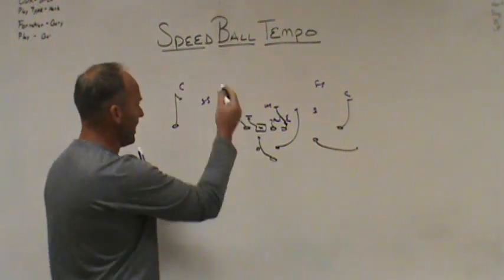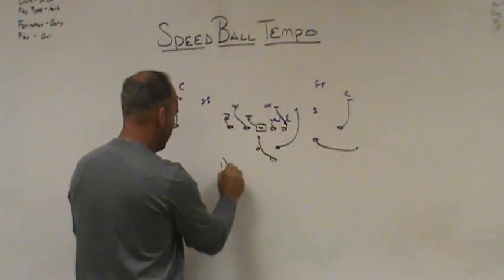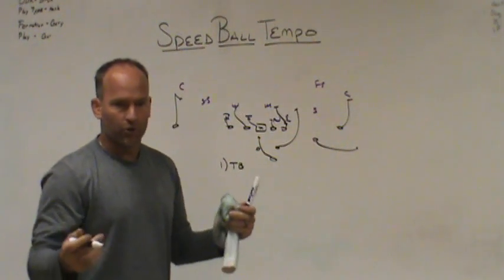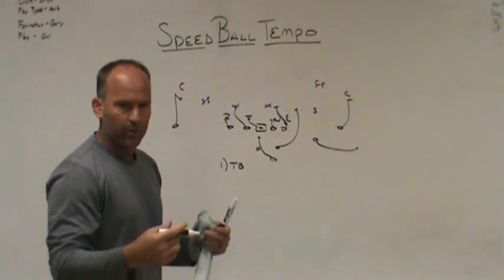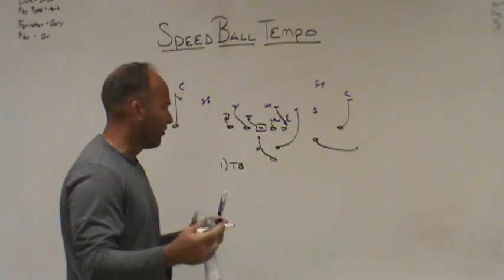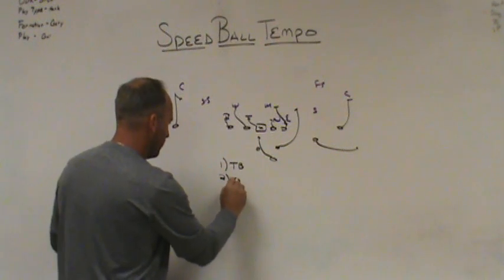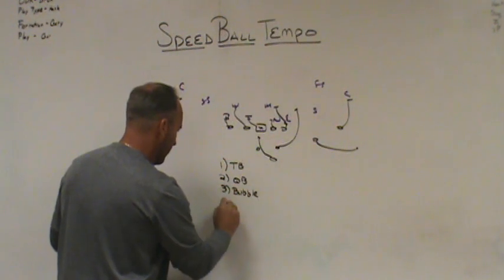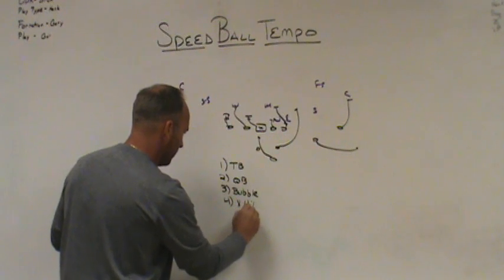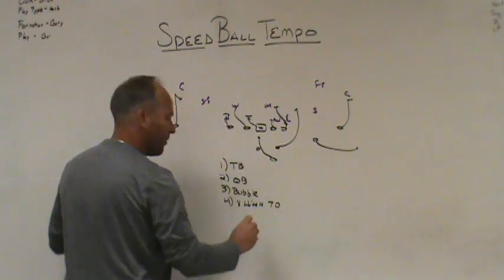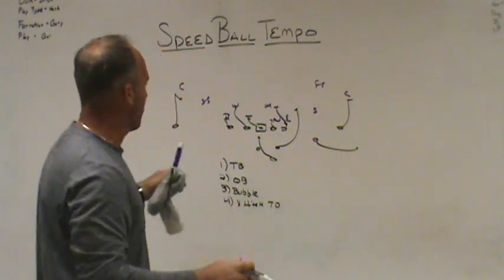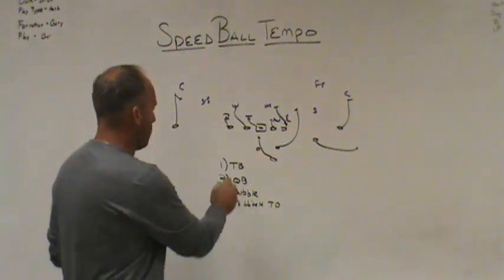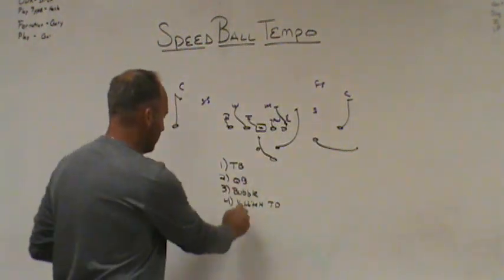They came out, and the first time they ran the play, maybe the ball went to the tailback. I forget the exact sequence of the drive. It was in their bowl game 2 or 3 years ago, I think Coach Freeze's first or second year there. First play went to the tailback. Second play, the quarterback kept it. Third play went to the bubble. And then the fourth play went back to the X on the hitch for a touchdown. Not exactly that sequence, but somewhere along those lines, where they ran the same speedball play and the ball went to 4 different people and they scored on the last one to the X.